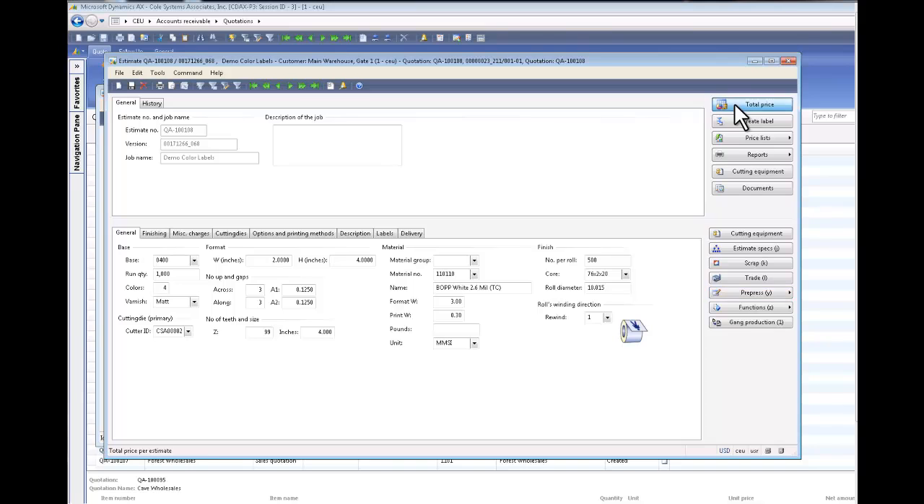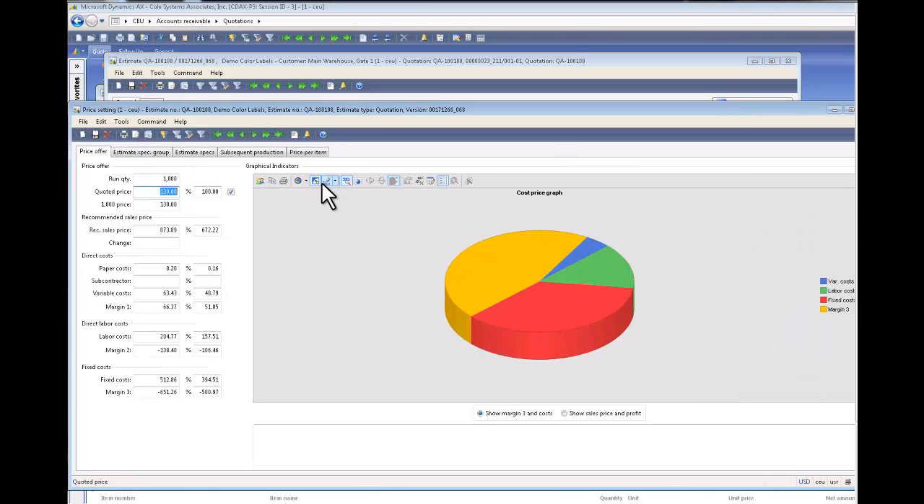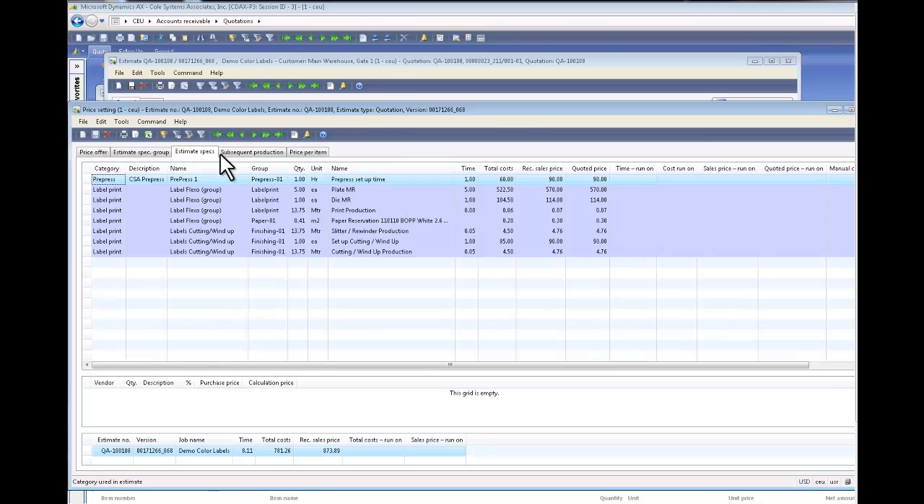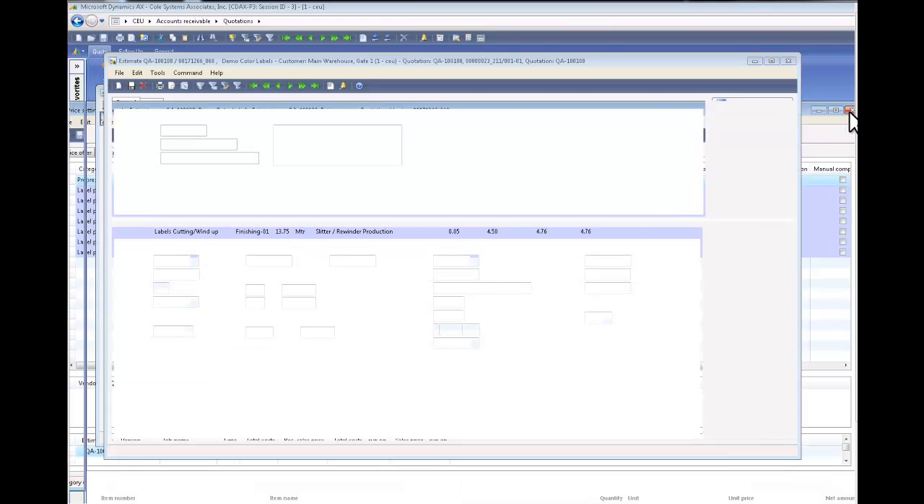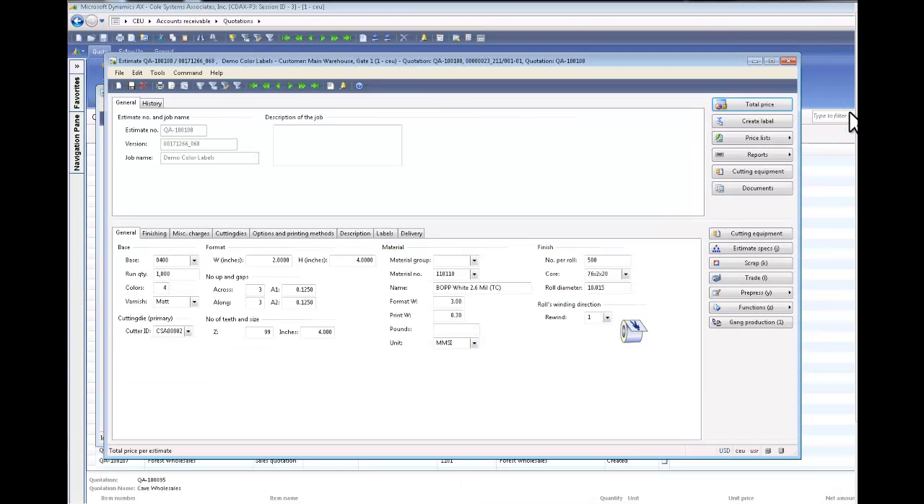Once I do that, I click the total price button, and I should be able to see my estimate spec. Based on the configuration I have, it's telling me the prepress setup time that I need for the job, the plate make ready, the die make ready, the actual print production, the rewinding, the cutting, and so forth. So just by configuring the job or creating an item template and then adding additional specifications and working on the base product, we should be able to generate the most optimized production route and the BOM needed for the job, and therefore the right time,